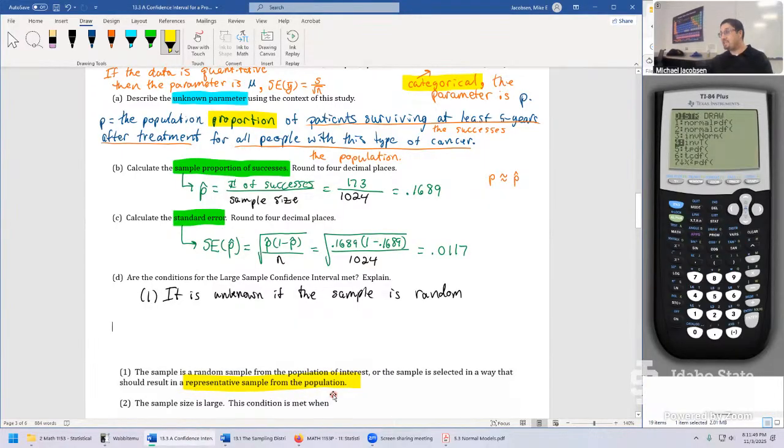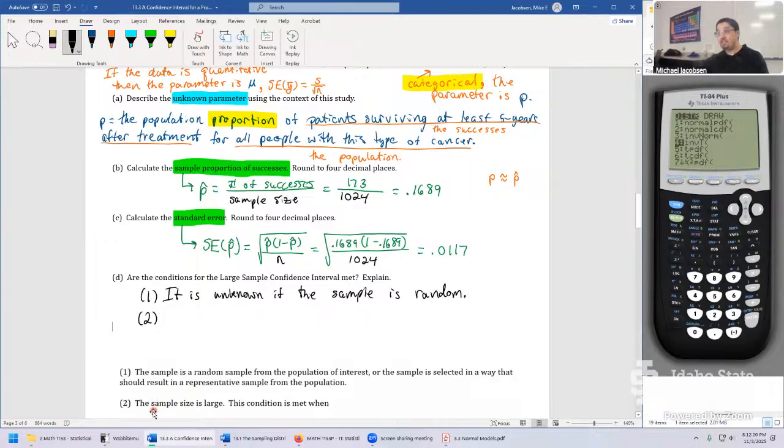And this is something that makes some of these research journals really long. They have to actually justify, is our sample somehow representative, even if it wasn't random in the first place? That always gets really sketchy. It makes people really uncomfortable. So we hope that there's some randomization in the first place. This problem didn't mention it, so this is all we can really say. From the write-up of the problem, it being a random sample is completely unknown to us.